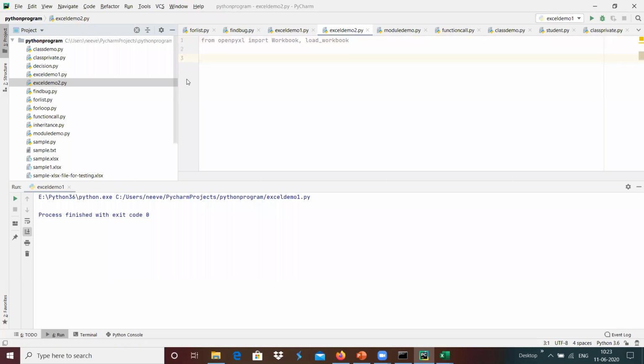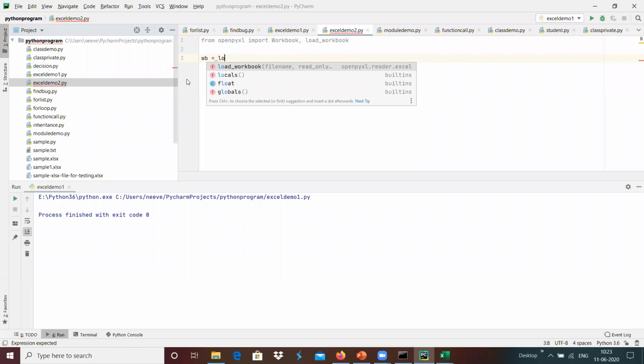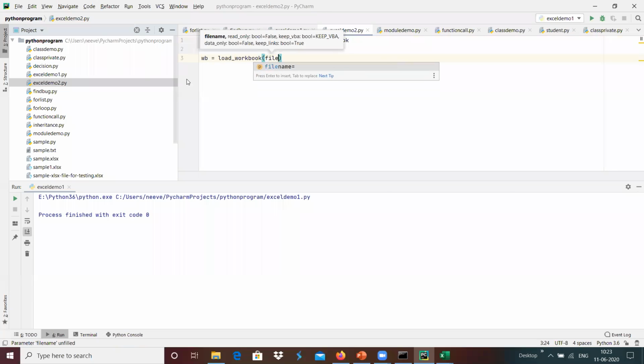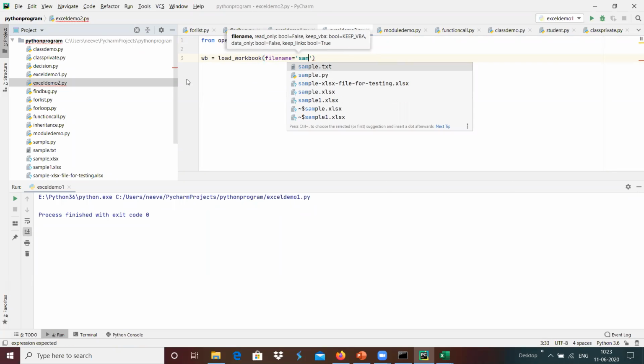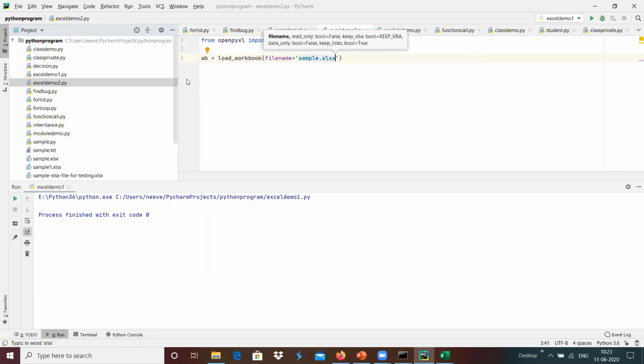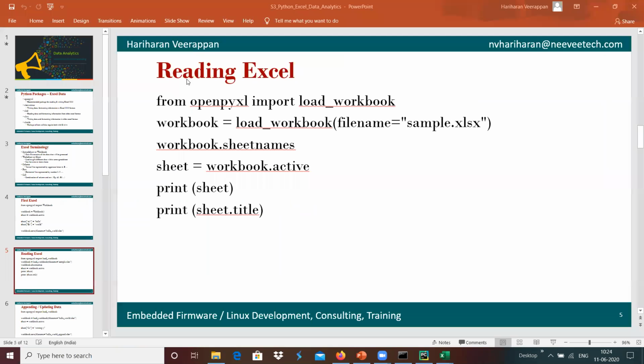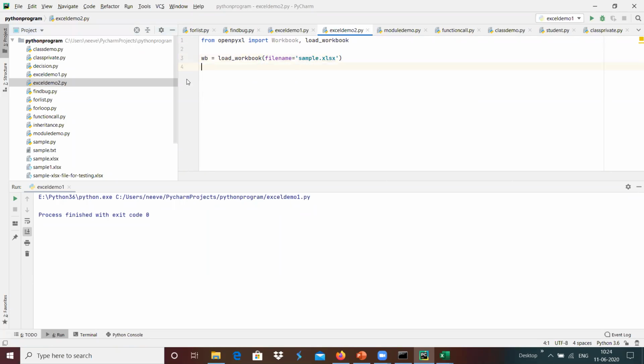And once it has been imported, I'm going to create wb equals load_workbook with filename equals sample.xlsx over here. Once it is loaded, I'm going to get the different sheet names present inside our workbook.